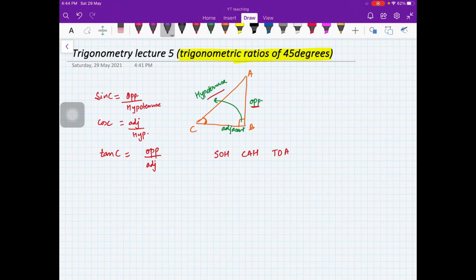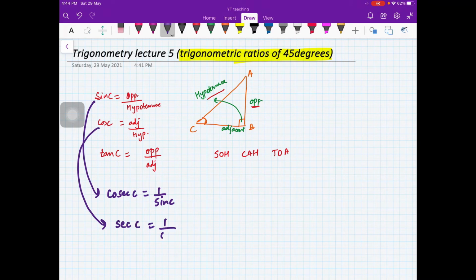And then we had the reciprocal of sine, which was cosecant C, that is 1 upon sine C, and then the reciprocal of cos was secant C, that is 1 upon cos C, and then the reciprocal of tan was cot C, that is 1 upon tan C, right? So these are the trigonometric ratios. This is what we have defined for a general angle C, and this is an acute angle. Why? Because one of the angles you are taking is 90 degrees, so this angle C is acute. Obviously, trigonometric ratios are defined for other angles also, more than 90 degrees, but how, that we will discuss later on. As of now, you just think in your mind that angle C is an acute angle, any acute angle.